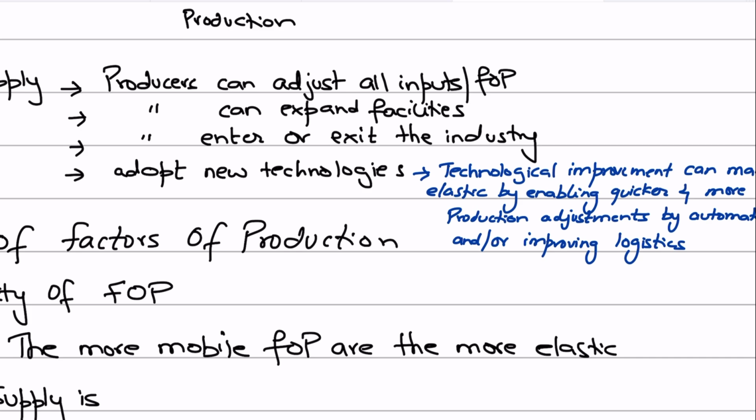But then in the long run, that would also attract new firms to enter the industry as well. But in the short run, this wouldn't happen. The short run is too short for new firms to enter. It is too short for new firms to make that decision to enter an industry. But in the long run, they could enter that industry, which will again make the supply more elastic. That is why we say that the price elasticity of supply is more elastic in the long run.